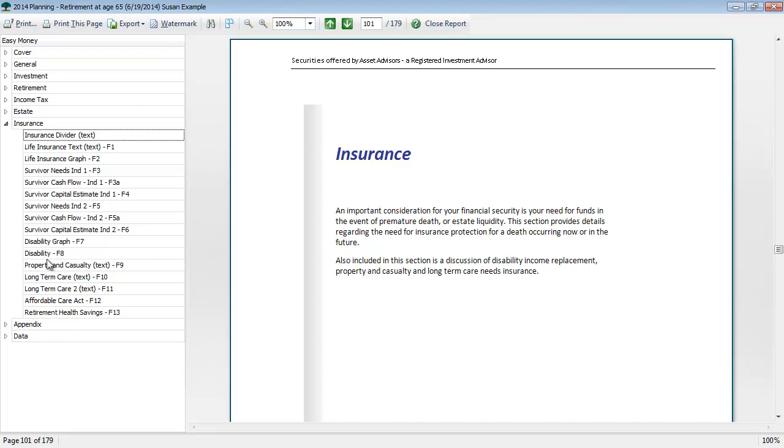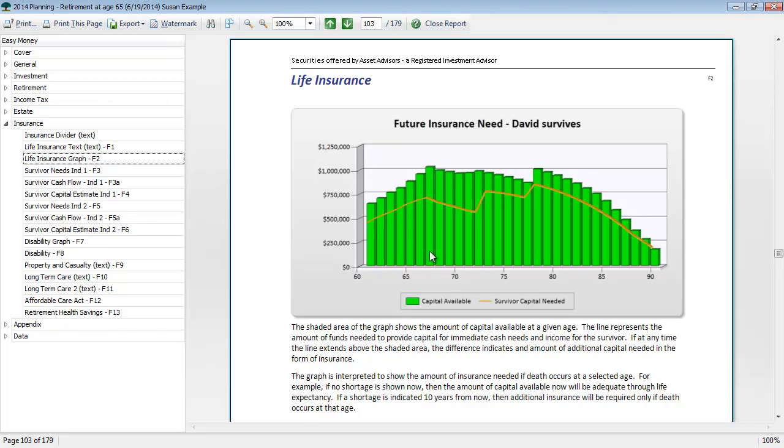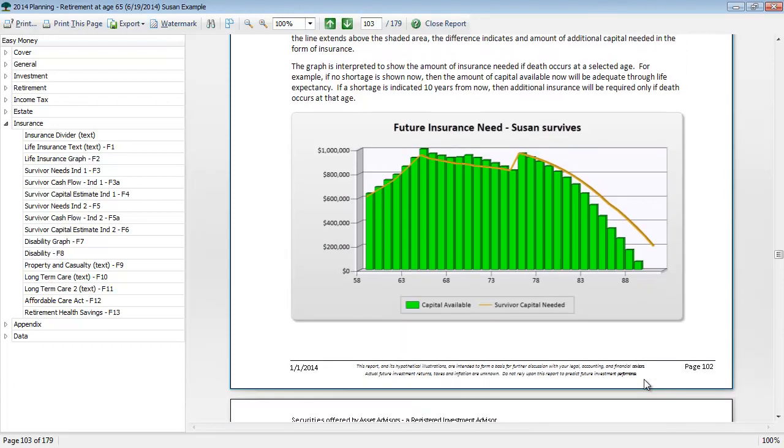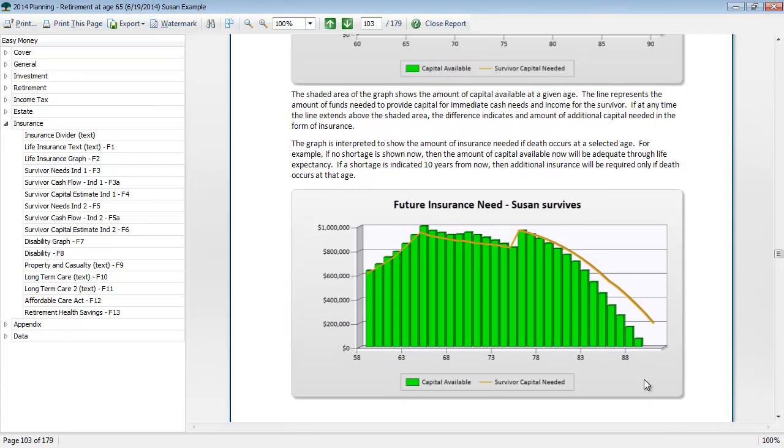So we'll start by looking at this life insurance graph. This graph's really nice. I love this one. It's going to display the total capital needed versus available for the survivor situation. So any gap between the yellow line, which is the capital needed, and the green bars, which are the capital available, means that the survivor would have a shortfall situation that could be filled with life insurance. This is a great graph to show how life insurance needs might change over time. If there's only a gap in the first 5 years, for example, a term policy might be best for the